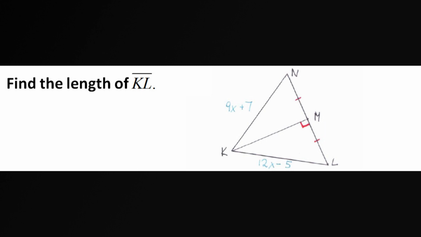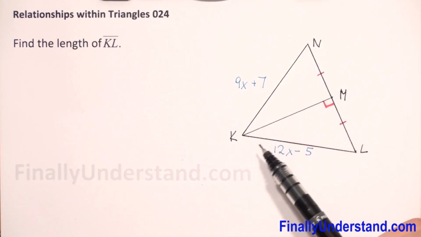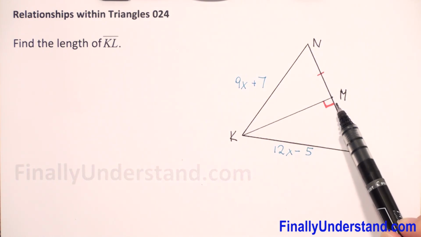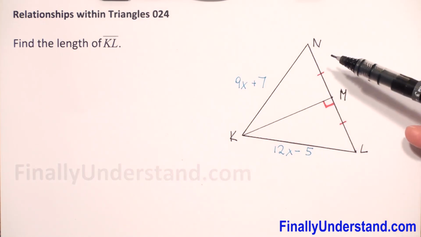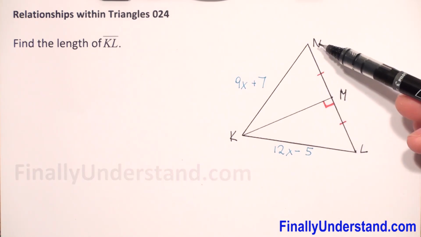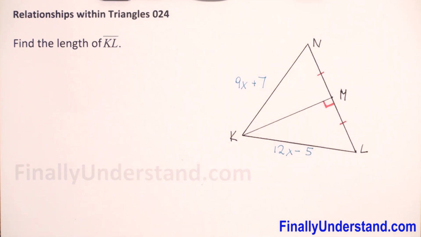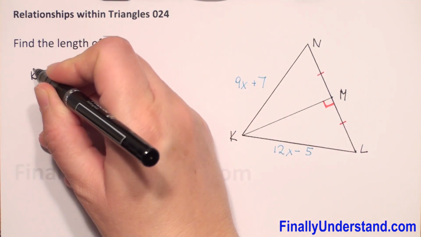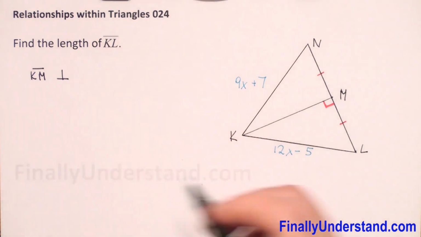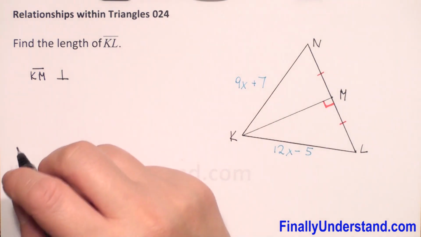We have to find the length of segment KL. We are given a triangle. This triangle is divided by segment KM, and we see that segment KM is perpendicular to segment LN. Why? Because we have a square here. So KM segment is perpendicular to LN, or we can write ML, it doesn't matter, it's still the same segment,